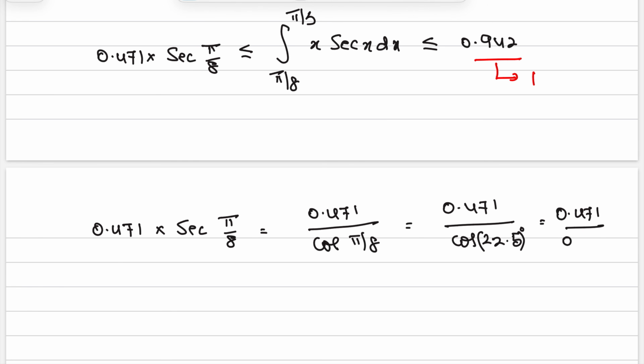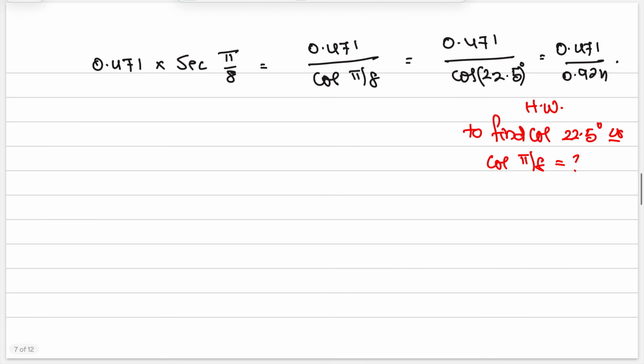0.471 by 0.924. Please do it as a homework to find cos 22.5 degree or cos pi by 8 in radians. This I have explained in my trigonometric functions. Please go and see there, because cos 2a is equal to, I will explain the